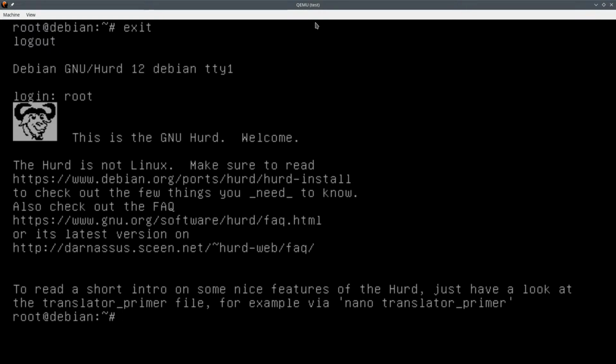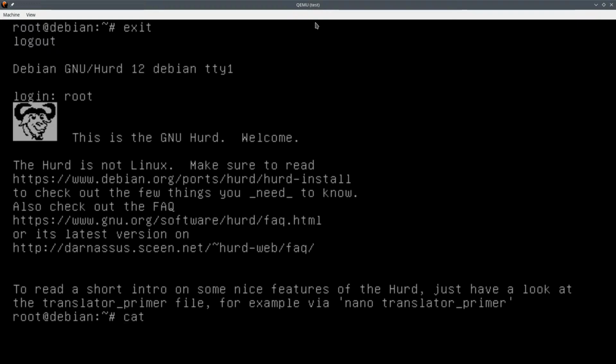To read a short intro on some nice features of the Hurd, have a look at this thing. I'm not going to read any of this because I don't need to do anything here. The only thing is this cat command, which I know is going to be in new coreutils.